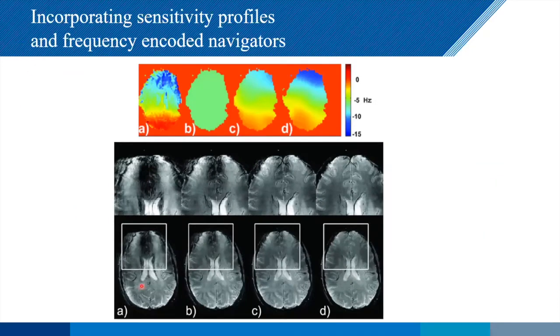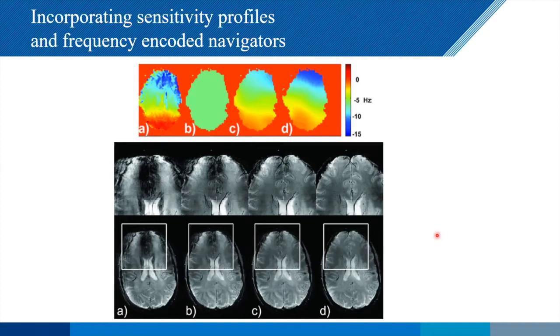So here's with no correction over here. We apply uniform correction. We apply one here that is just based on the receive array. And here we actually put some frequency encoding information. So it's a 1D plus the receive array. And you can see you can go from really a horrendous image over here with artifacts to almost complete recovery of the information over here. So put everything together and you have a system that can potentially be used clinically.